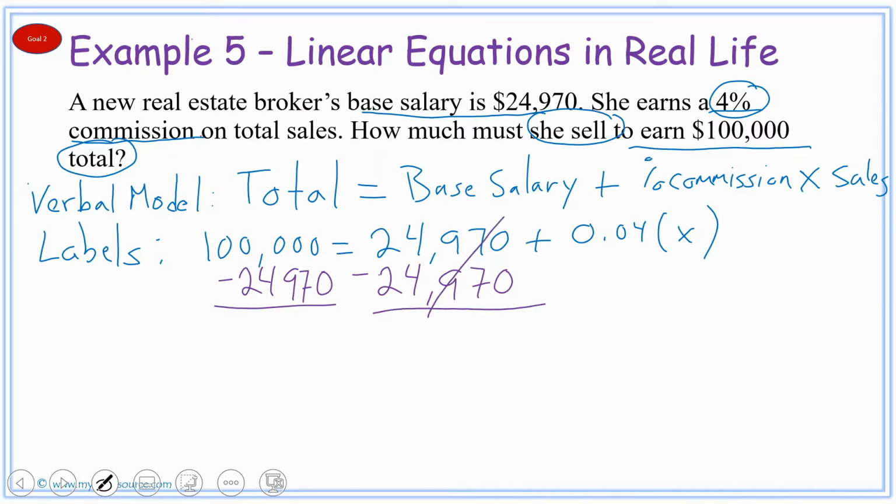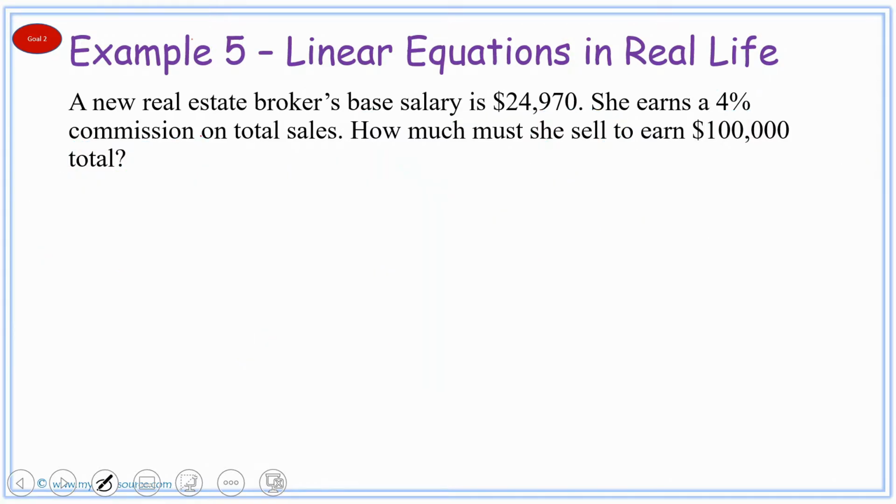Alright, so these will cancel, and now we just have to subtract that. You could use your calculator. So 100,000 subtract 24,970, and that will be 75,030. So we have 75,030 is going to be equal to 0.04x. And then we're going to divide both sides by 0.04. So once we divide 75,030 by our 0.04, we would get